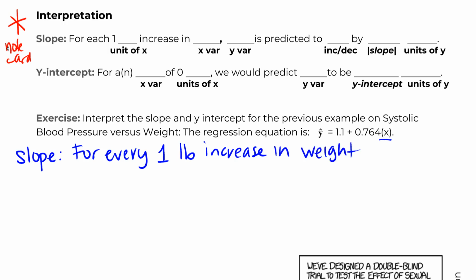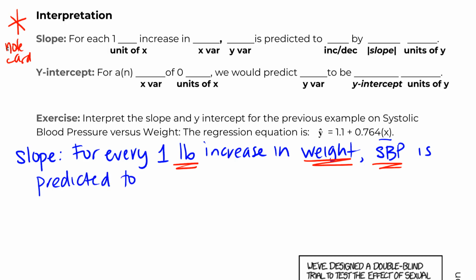So the only pieces I put into this little equation so far are my units for my x variable, our y variable, which is systolic blood pressure, is predicted to, now increase or decrease is all determined by whether our slope is positive or negative. So in this case, since we have a positive slope, and we could see that in our scatter plot, we're going to say increase